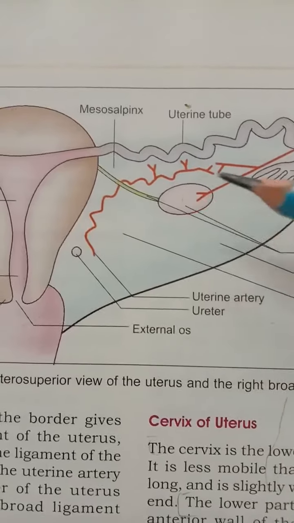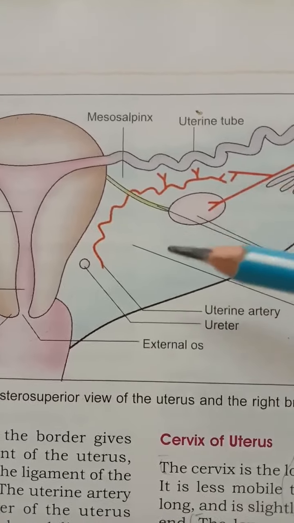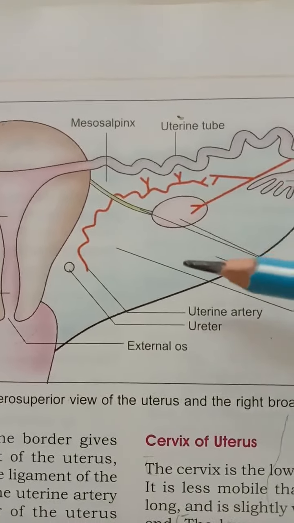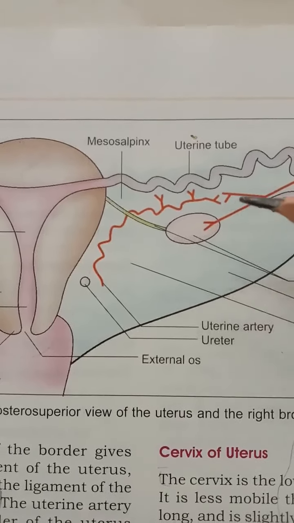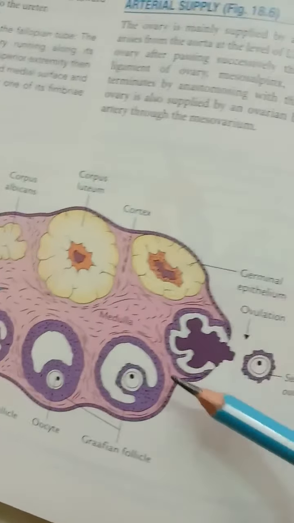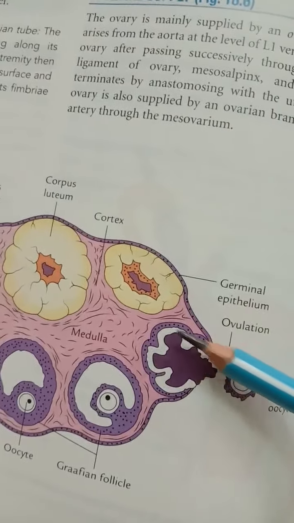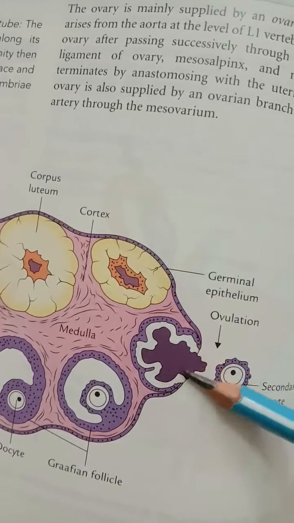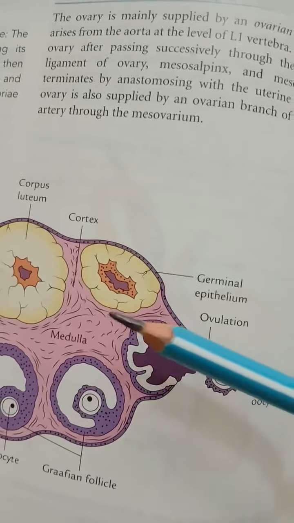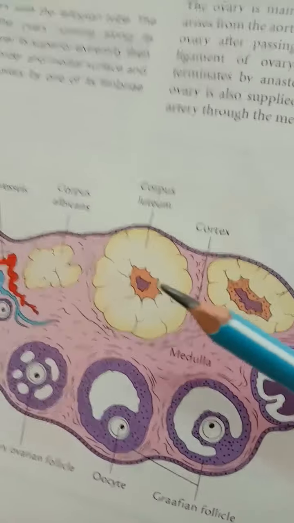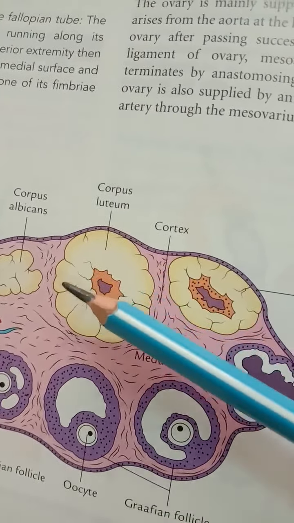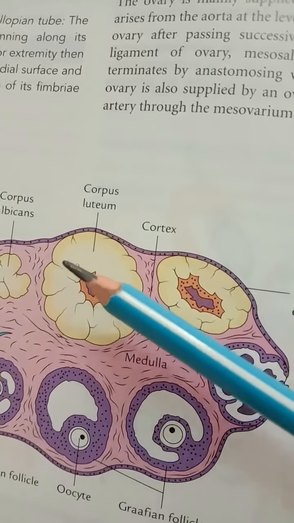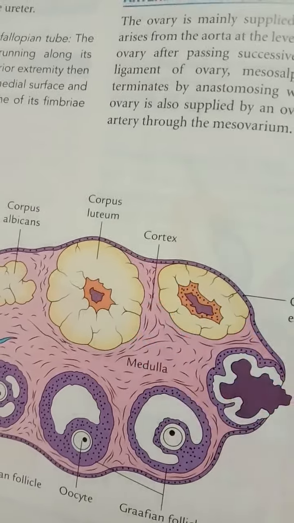Then the ovarian cyst. One or more small ovarian cysts may be formed due to developmental arrest of the ovarian follicle. Here the different follicles are present, and if the ovum cannot come out from the ovary, an ovarian cyst is formed. A large ovarian cyst with encysted fluid may be formed due to the corpus luteum of pregnancy.